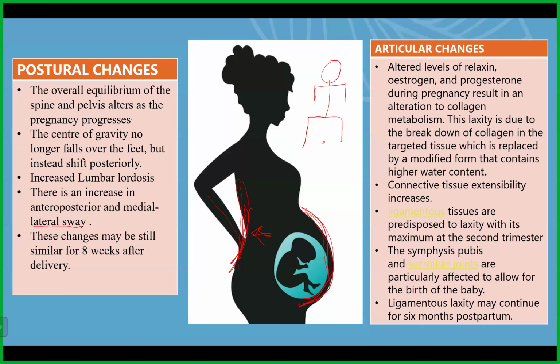Why? Because immediately after birth, it is not necessary that they will come back to normal posture. They still have floppiness in their abdomen. Their abdominal muscles will be extremely weak, their back muscles will be weak, and their hip flexors and extensors will be weak. They go through a lot of emotional as well as psychological changes, and they'll have a lot of pain. So their postural changes will last for at least eight weeks after delivery.